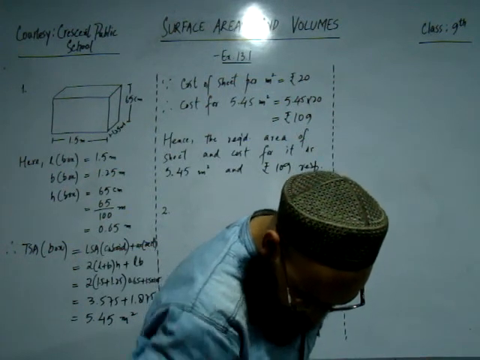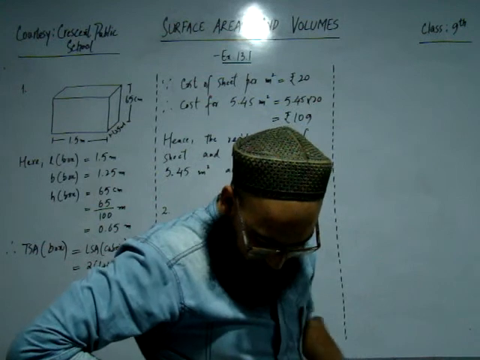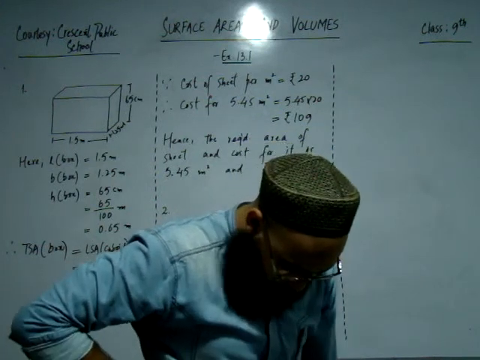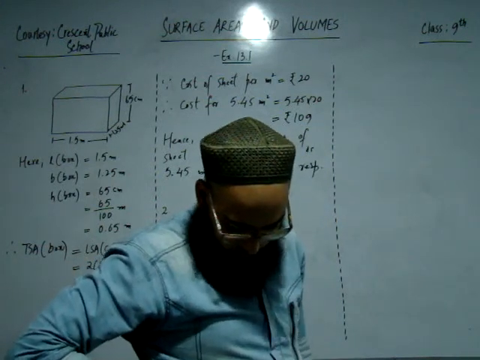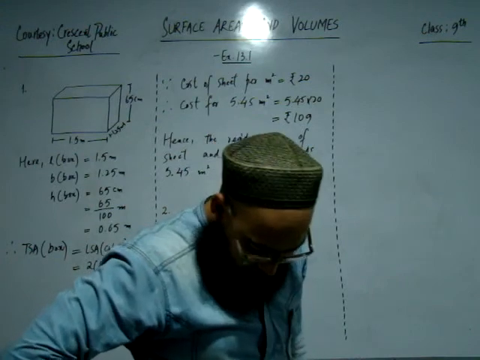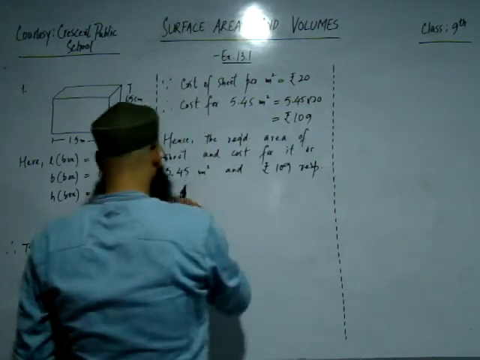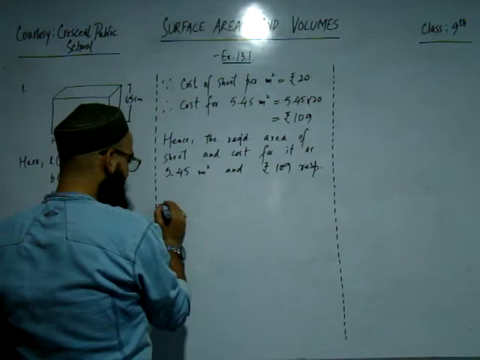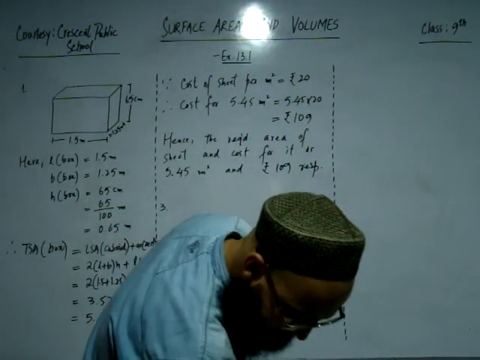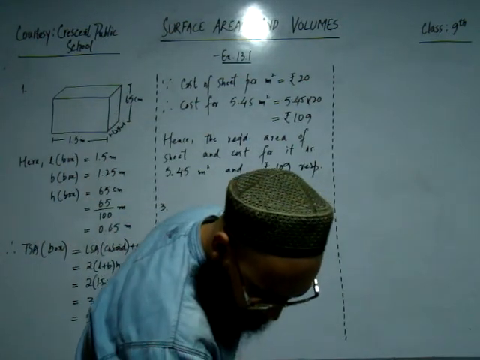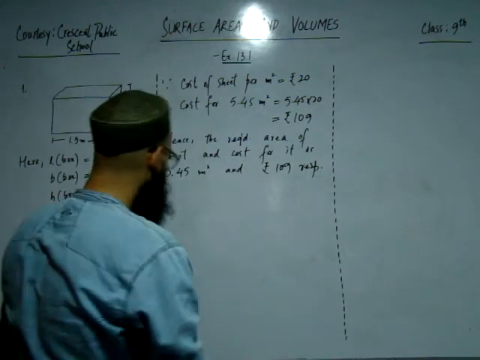Now, the floor of a rectangular hall has a perimeter 250 meter and the cost of painting the 4 walls at the rate of rupees 10 per square meter is rupees 15,000. Find the height of the hall. I'll show you question number 3 because 2 is similar to the first one. Let us have question number 3. The floor of a rectangular hall has perimeter. So we have a rectangular hall